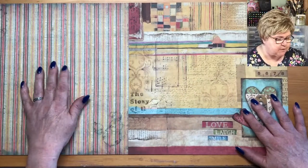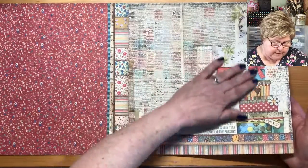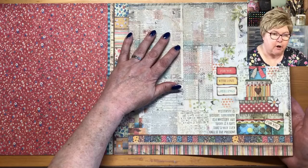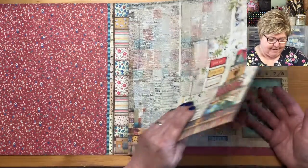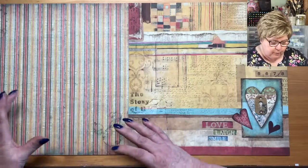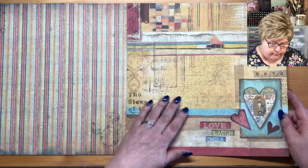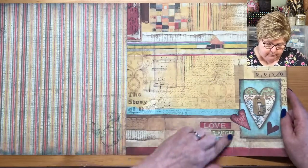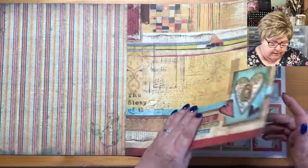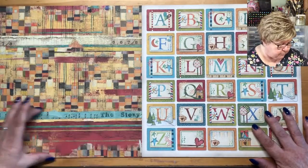That is a bit too grungy for me. So I would be using that, which I really like. That's on the edge of my grunge-ometer. This, too grungy. Maybe you could use smaller parts of it. This is lovely. I love this. Really nice. Fantastic elements that you can cut out. Love, laugh, smile. Yay. And that, which I also really like, I love this border around here,